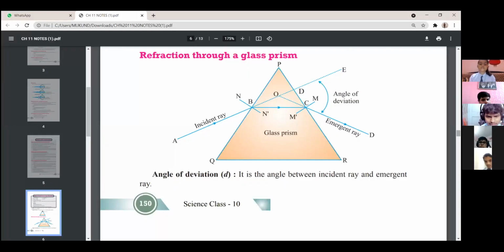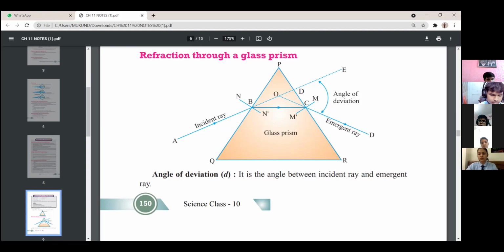Now, activity 11.1 as per your NCERT: when an incident ray of light passes through this glass prism, it will bend towards the normal. Why does it happen? What do you think? It bends towards the normal because light goes from an optically rarer medium to an optically denser medium. Very good. Excellent. We have done in the previous chapter, chapter 10 Light, that when light travels from an optically rarer medium to an optically denser medium, it bends towards the normal.